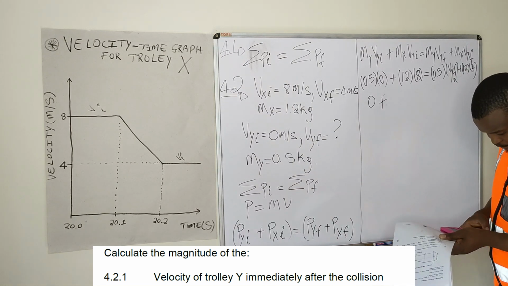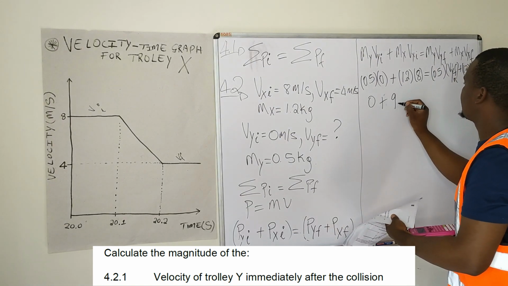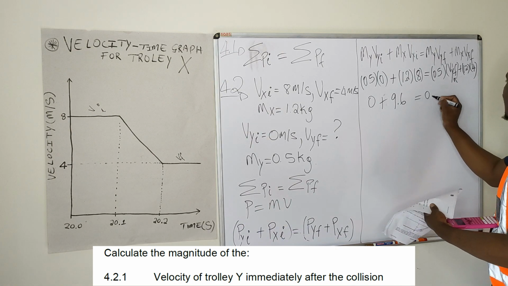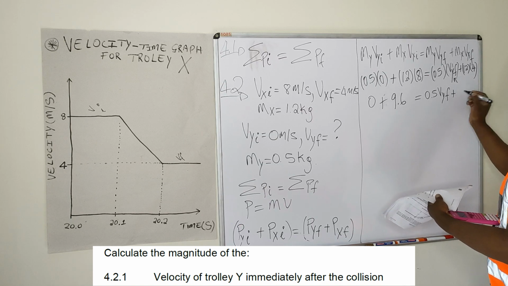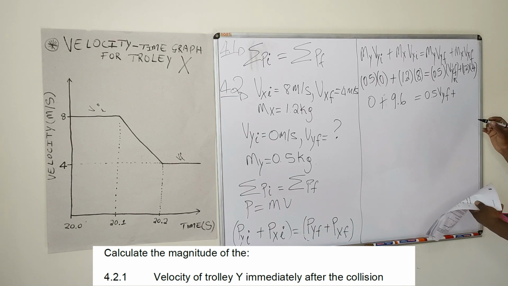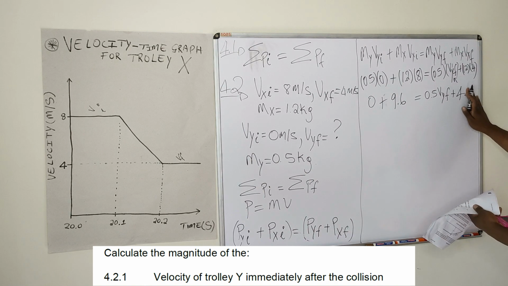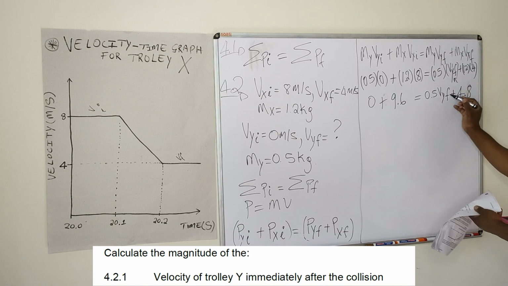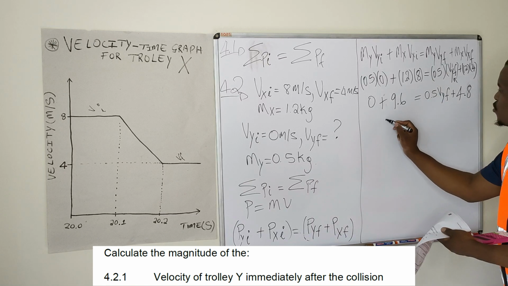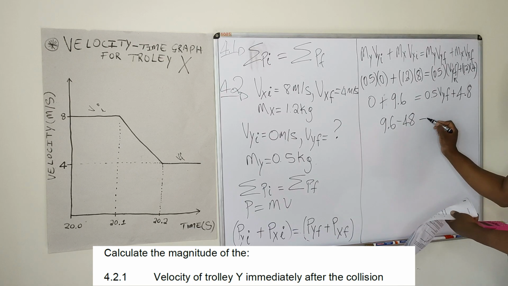So 1.2 times 8 is 9.6, is equal to half of vYF, which is the final velocity of Y, plus 1.2 times 4, which is 4.8. Then you solve for this. Transpose this guy to the other side. We have 9.6 minus 4.8, right, is equal to